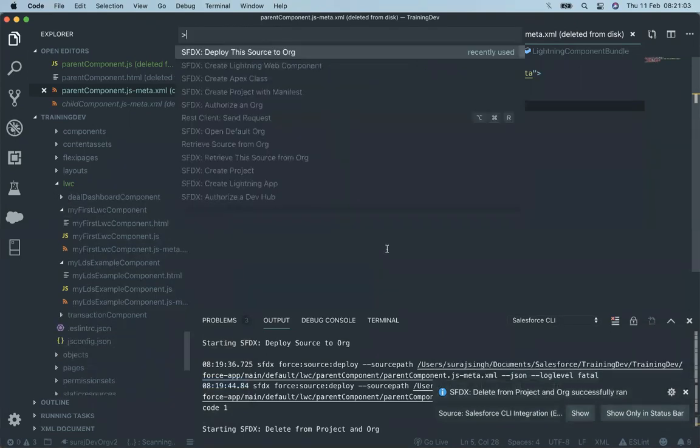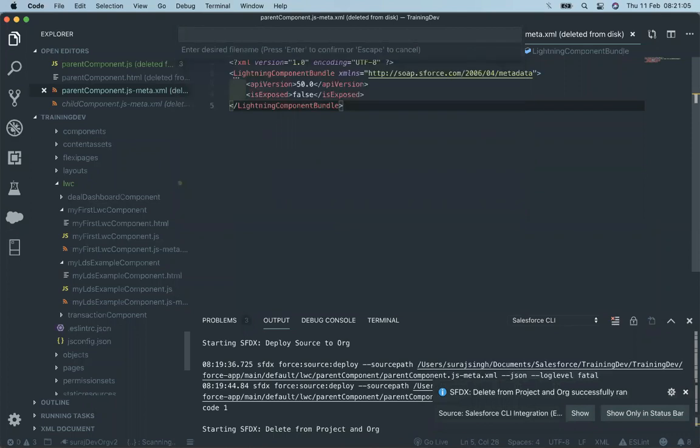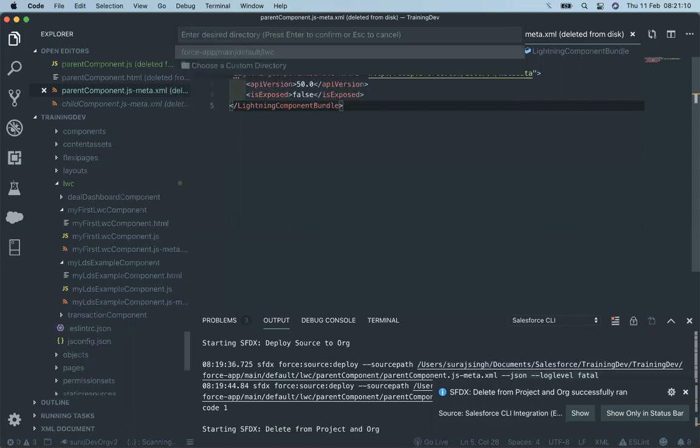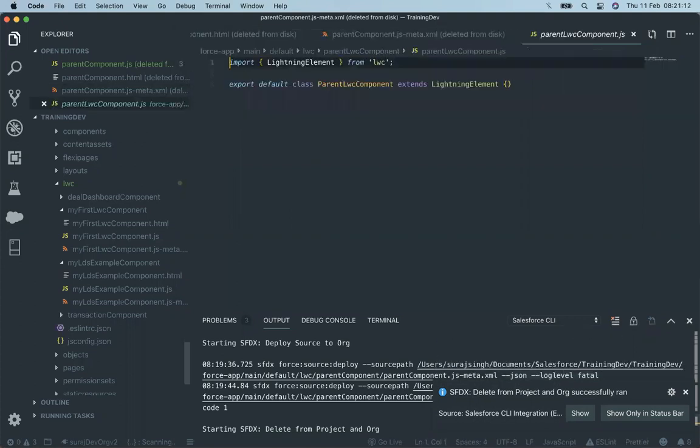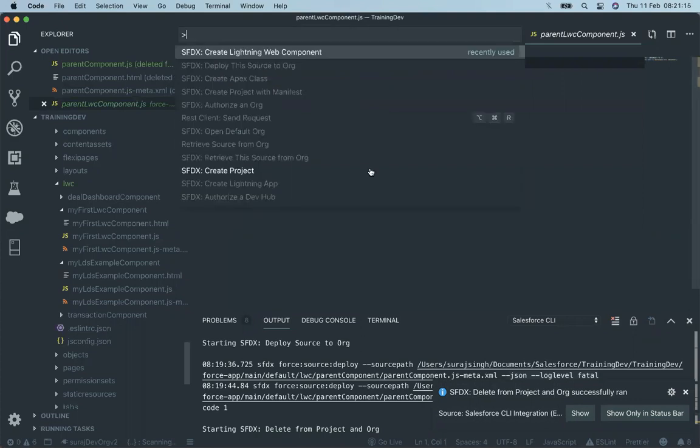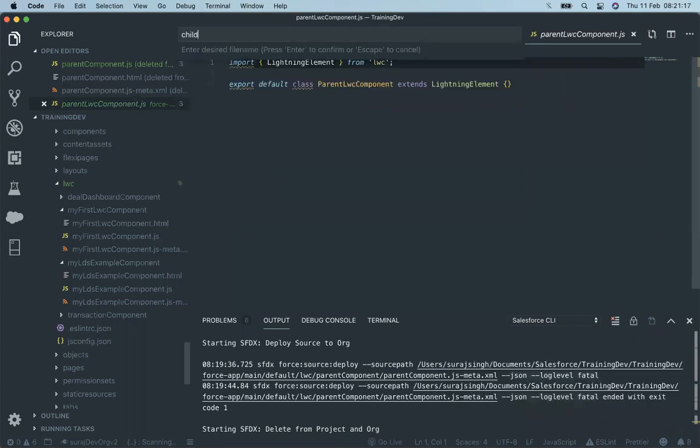Okay, let's create another parent LWC component in the default directory, and let's also create a child LWC component.